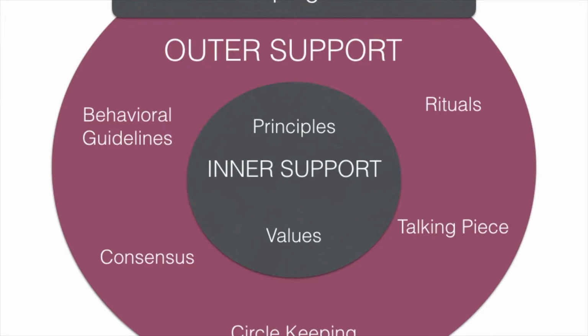Rituals are not always a part of circle, but I think that they're an important part of it. And then lastly, there's the talking piece. The talking piece is typically something that holds symbolic meaning either to the circle keeper or to the group itself. It might have symbolic meaning around the topic that's being discussed. Most importantly, what the talking piece does is it ensures that the person who has the talking piece is the only person speaking. But I often like to think about the talking piece as a listening piece, because if you don't have the talking piece in your hand, then your sole responsibility is to listen and to engage active listening skills in the process.